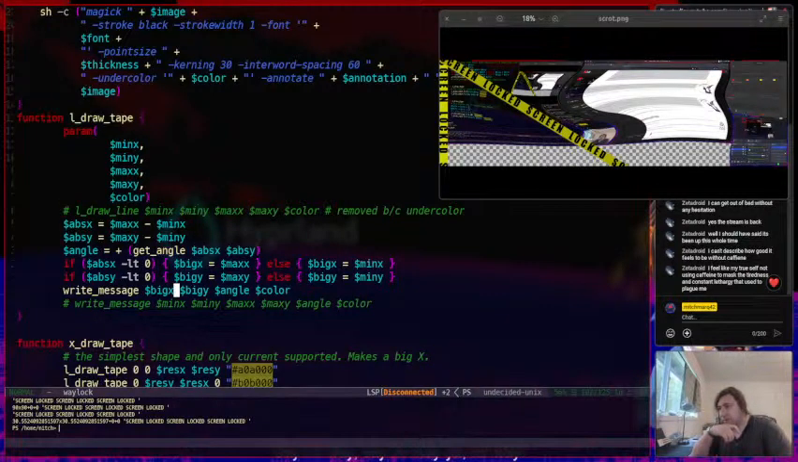So yeah. Angle equals plus get angle abs x abs y. Length. I need to make the length. I know how to do length